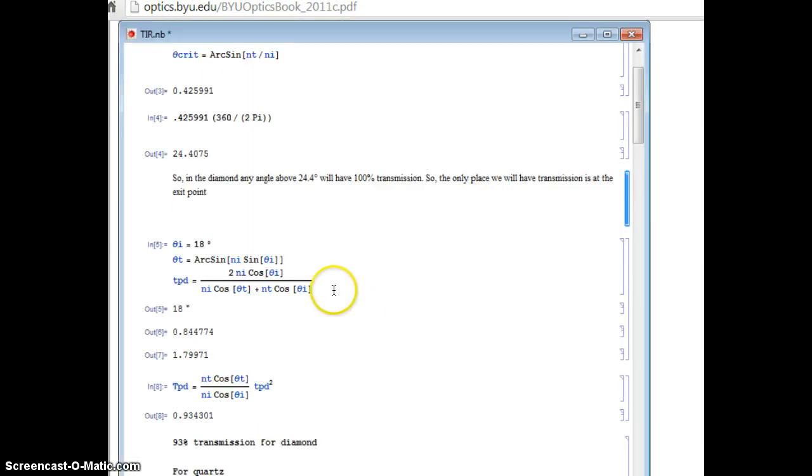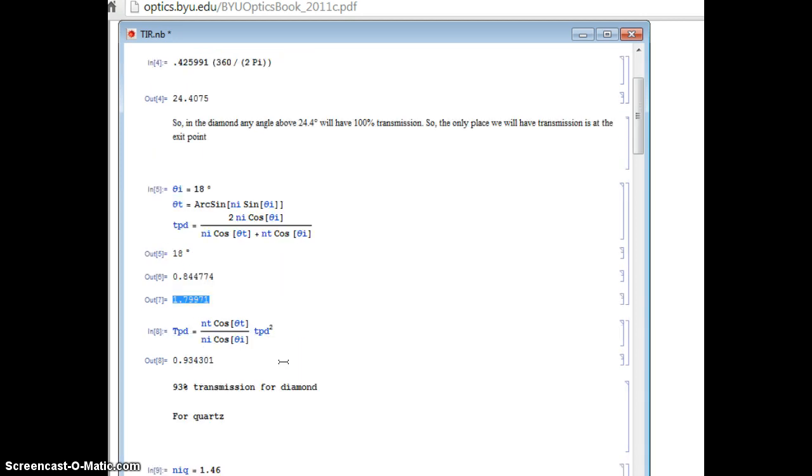Okay, there we go. So then all I had to do was calculate the transmittance for the P, because that's all they asked for, and that's the equation right there. That's the Fresnel equation for P. What do we get? We get 1.799, and it really doesn't mean a whole lot until we actually get the